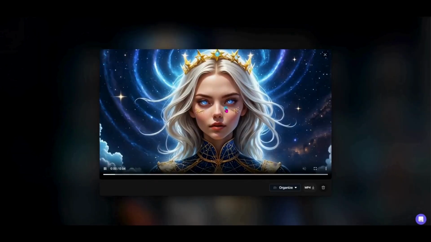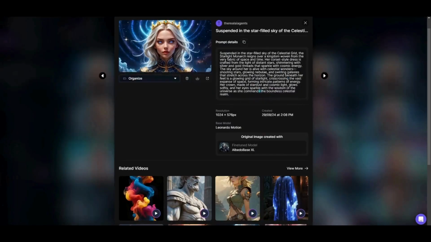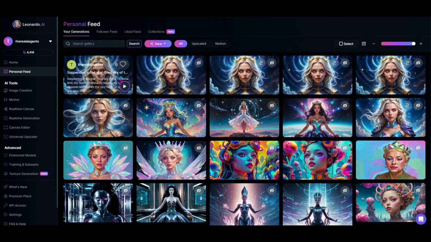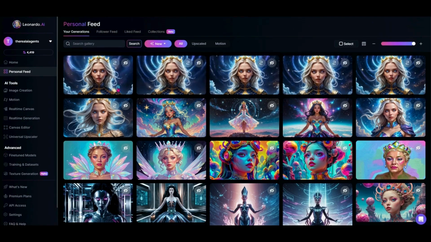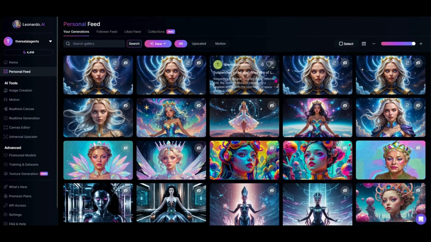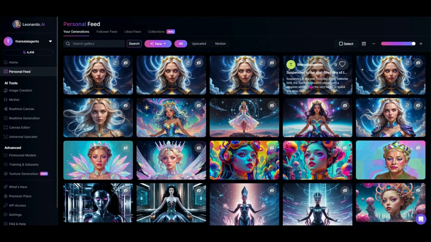Whereas the Leonardo, I did all 4 of these motion generations that each cost me 25 tokens. So I did all 4 of these for 100, and I had 4 options to choose from. Just something to keep in mind if you are playing with Leonardo and you do want to put some motion on your images. I'm hopeful that over time they will pour a little bit more into the motion development